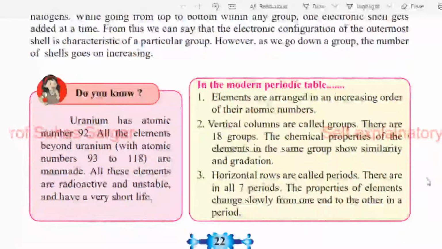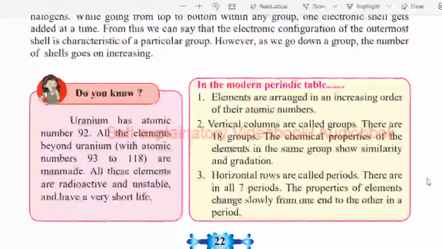In a box, do you know, uranium has an atomic number 92. All the elements beyond uranium, with the atomic numbers 93 to 118, are man-made. All these elements are radioactive and unstable and have a very short life. Box closed. In another box, in the modern periodic table, the elements are arranged in an increasing order of their